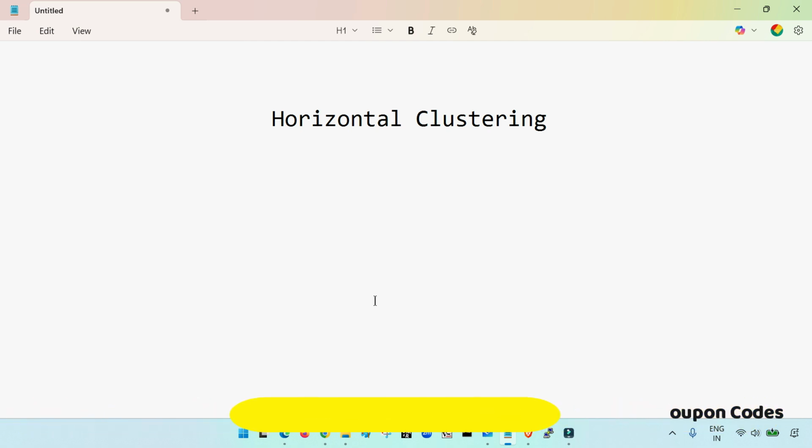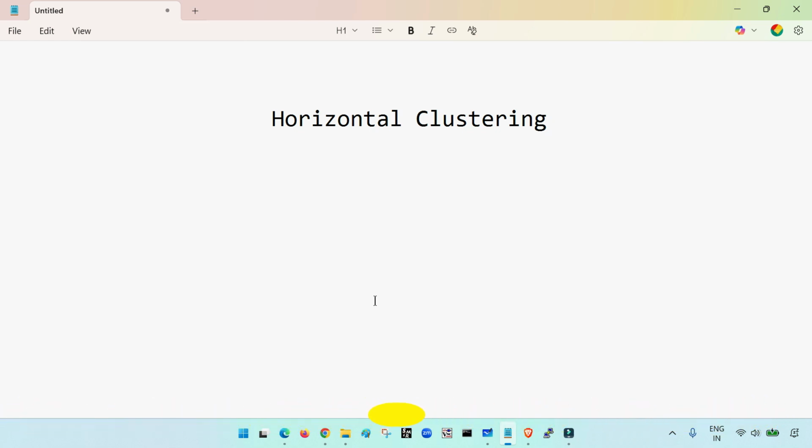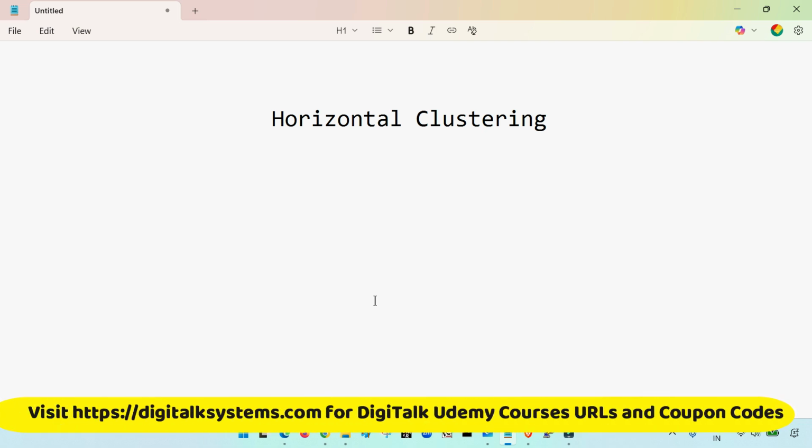In a horizontal cluster, all the servers are part of a single domain. You cannot span the multiple servers in the cluster across multiple domains. One domain in the horizontal cluster will have all the servers part of the same domain and same cluster. So it could be two machines, it could be 4, 5, 10, 20, depending on the load on your